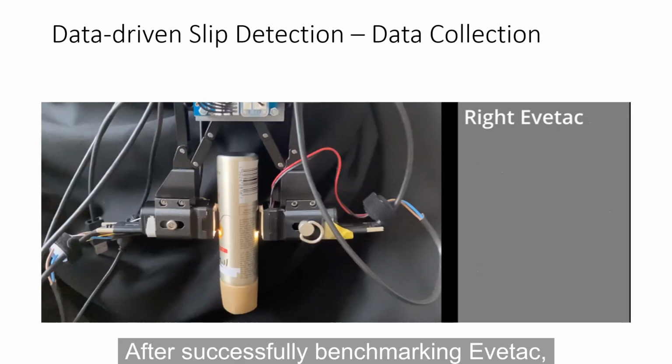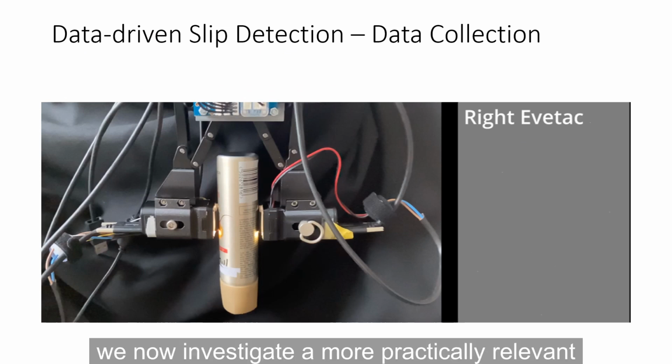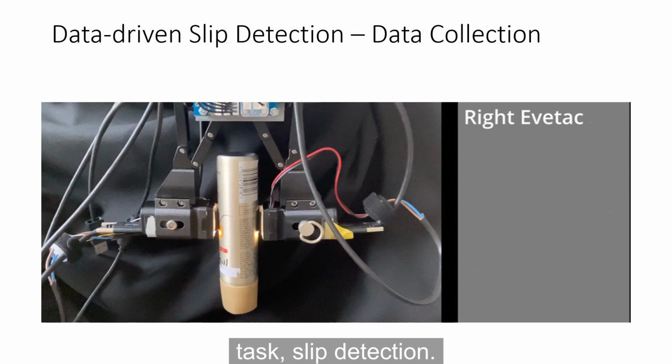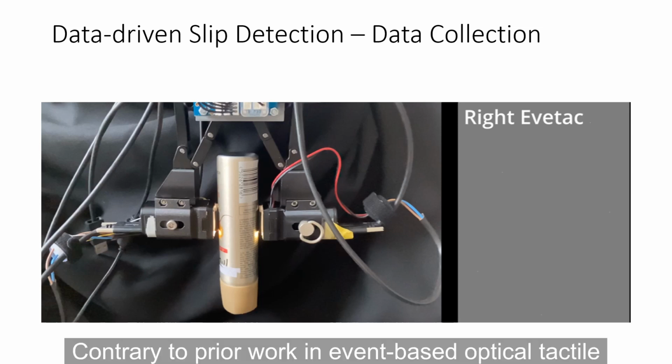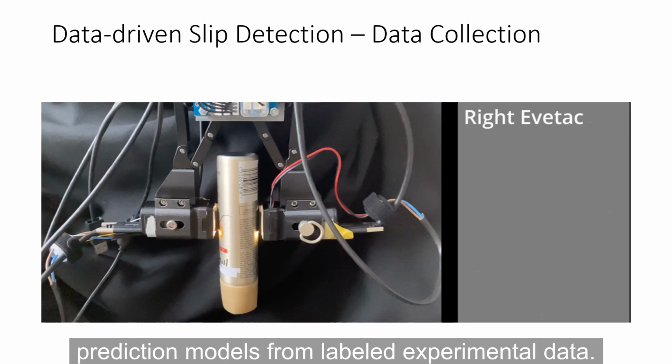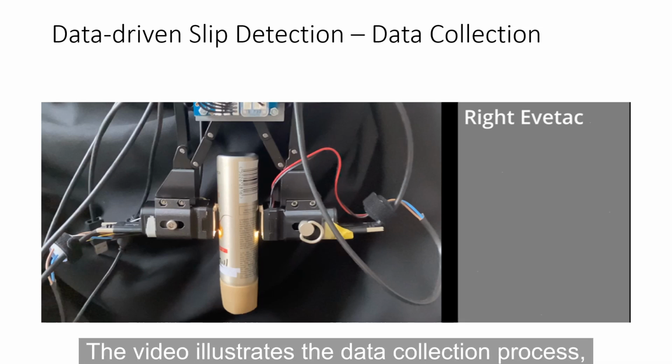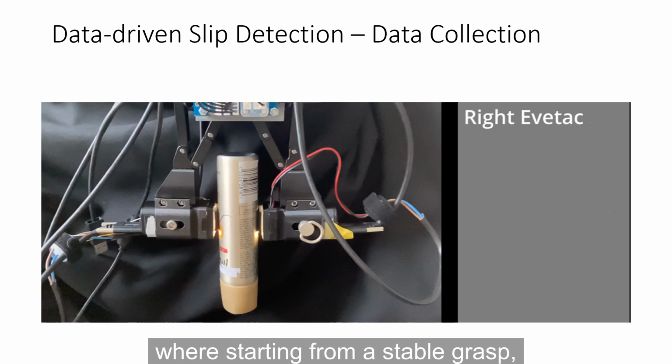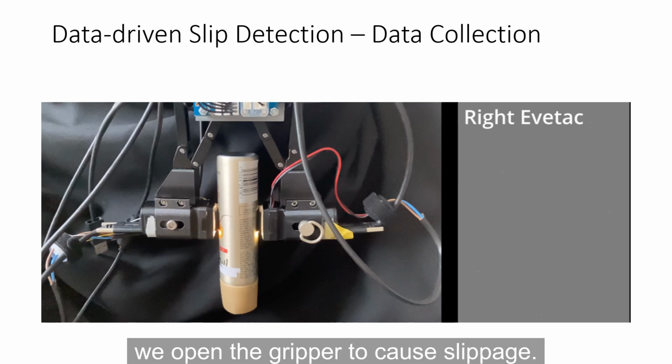After successfully benchmarking Evetac, we now investigate a more practically relevant task, slip detection. Contrary to prior work in event-based tactile sensing, we propose to learn slip detection and prediction models from labeled experimental data. The video illustrates the data collection process where, starting from a stable grasp, we open the gripper to cause